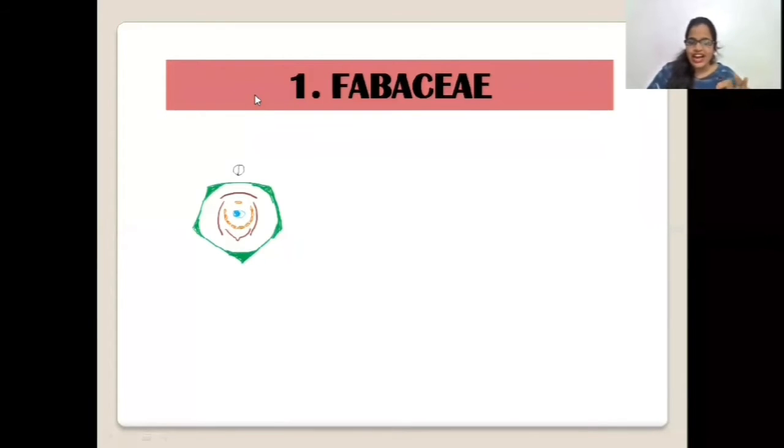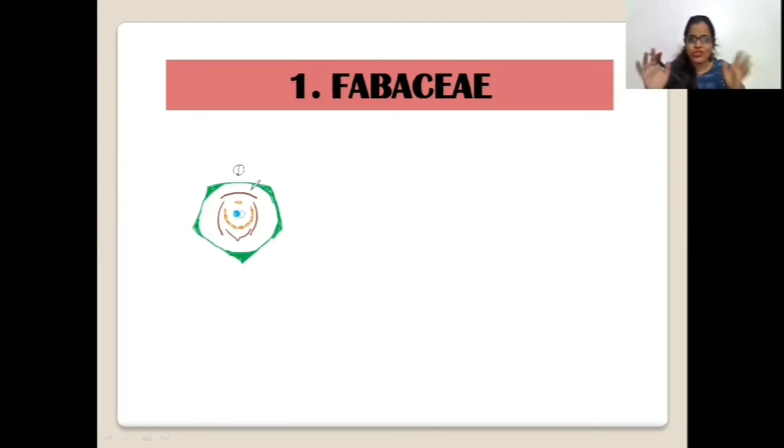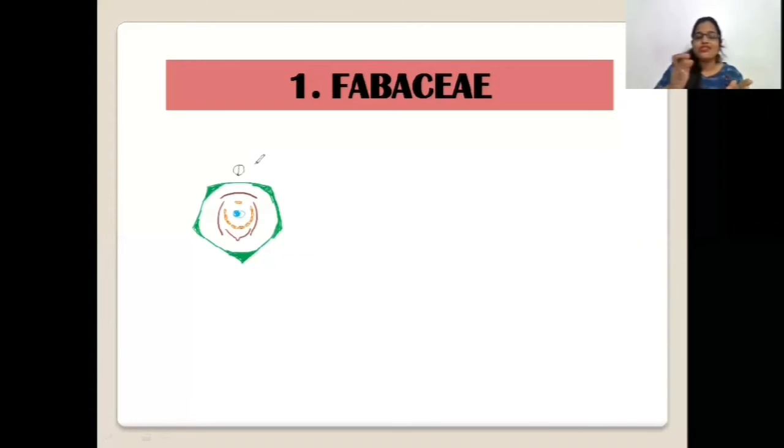And you can see that I have done some work for you. I don't know if you like this picture or not, but I was interested in drawing something beforehand so that I can explain with my drawings without wasting time drawing. Okay, so let's start with this floral formula, link it with this floral diagram, and see what characteristics are found in this particular family.